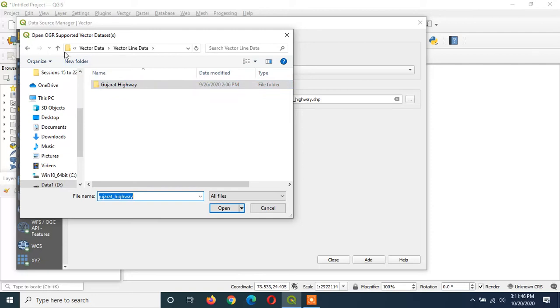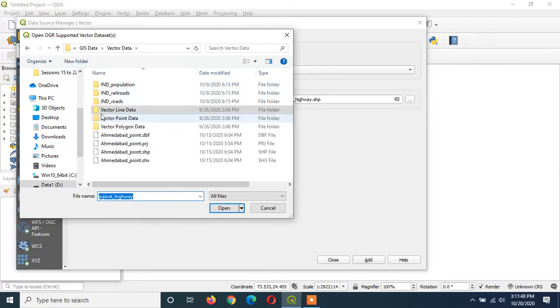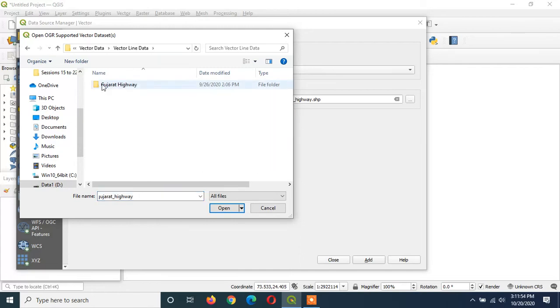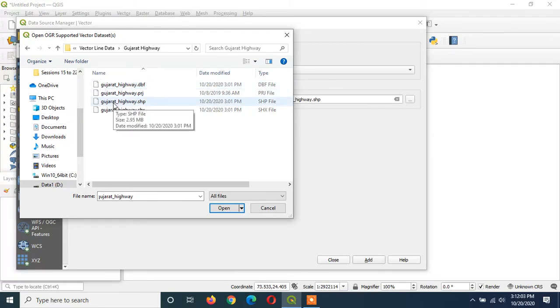Now as you can see, this folder Gujarat Highway is in the vector line data folder, and the Gujarat Highway folder is an unzipped folder. So it will allow you to edit the shapefile after you add vector line data into the project.